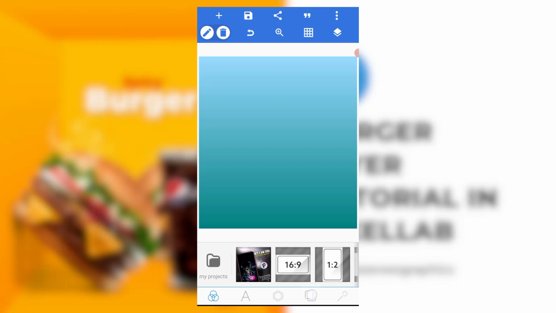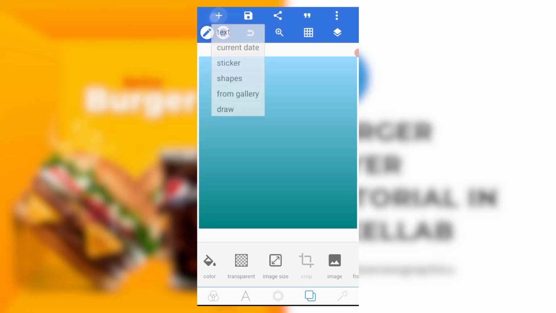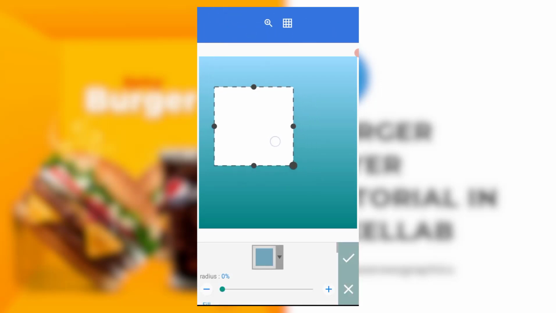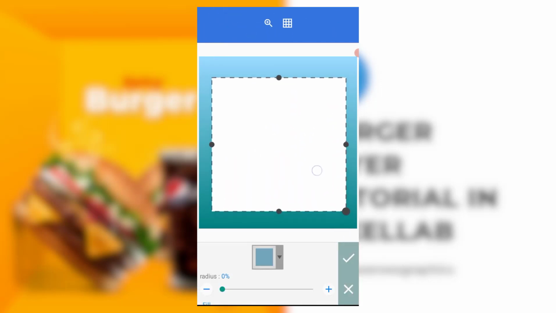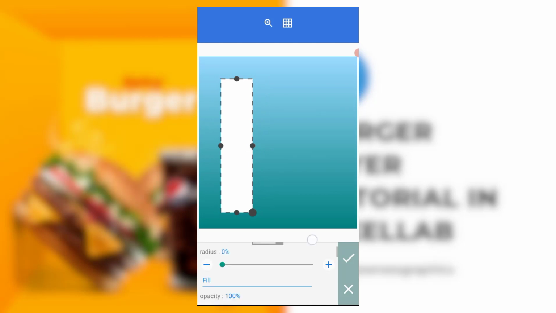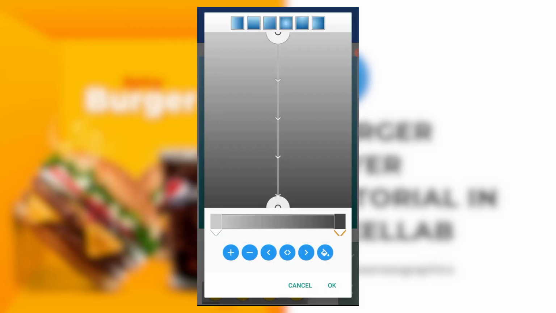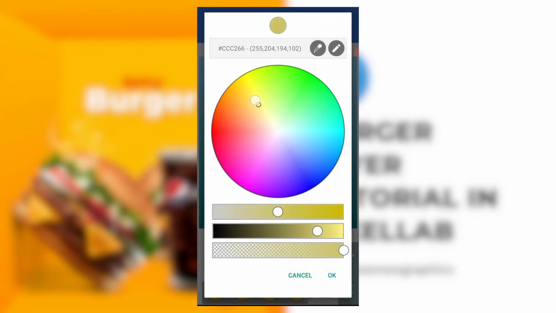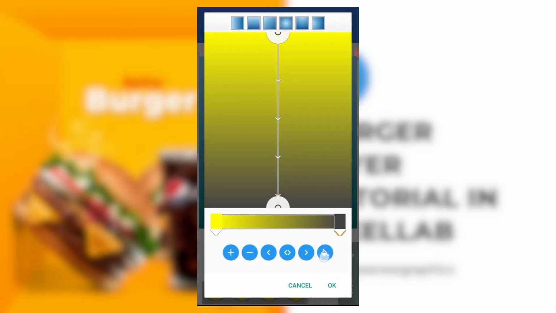Okay, now let's get this over with. So the first thing is I'll be bringing a shape. I want to make this side just something like this. Okay, so I'll come to gradients. So this first part, let me just decrease it like this. So that part,